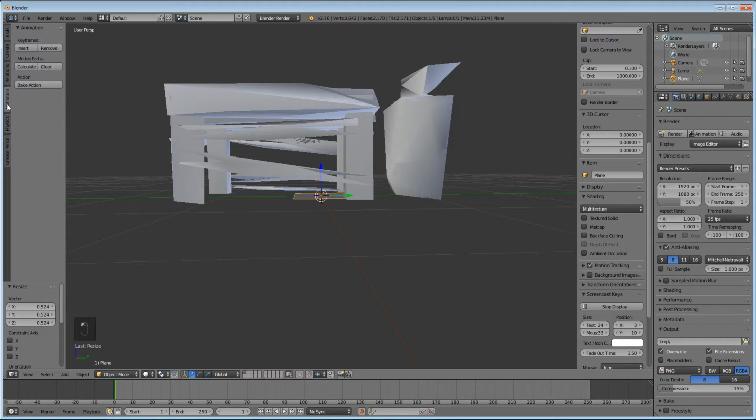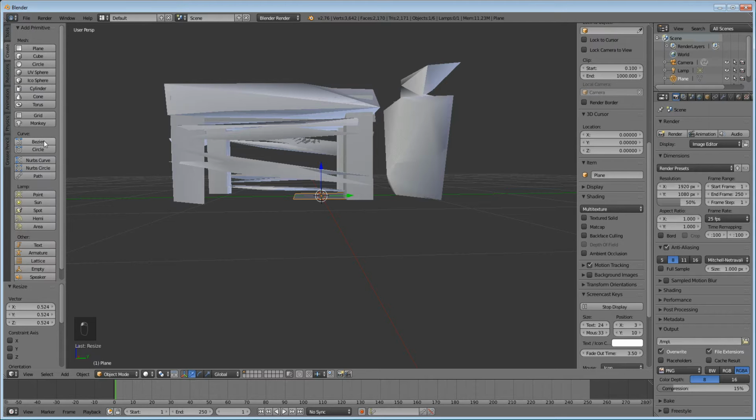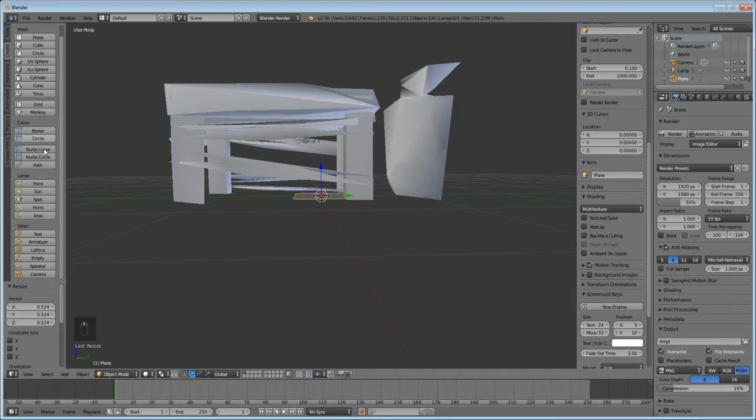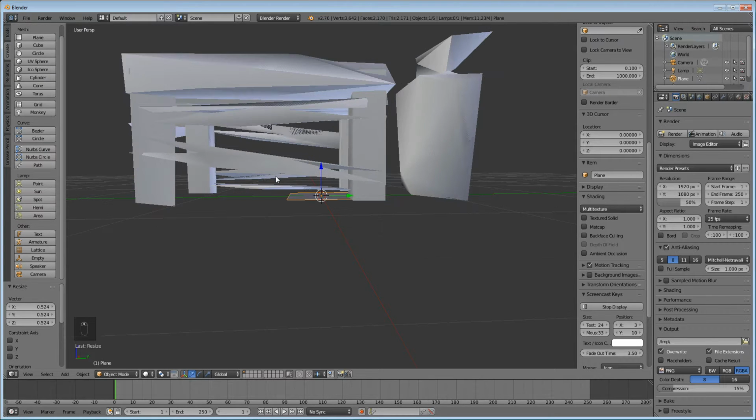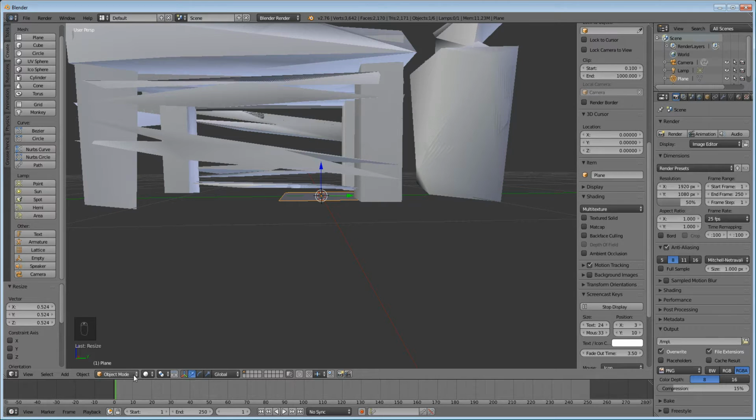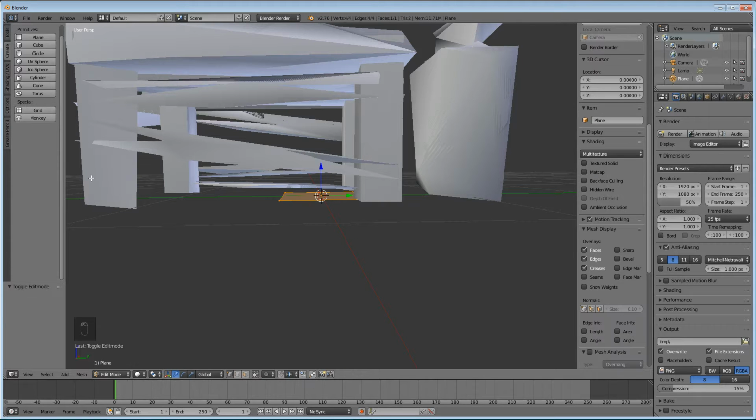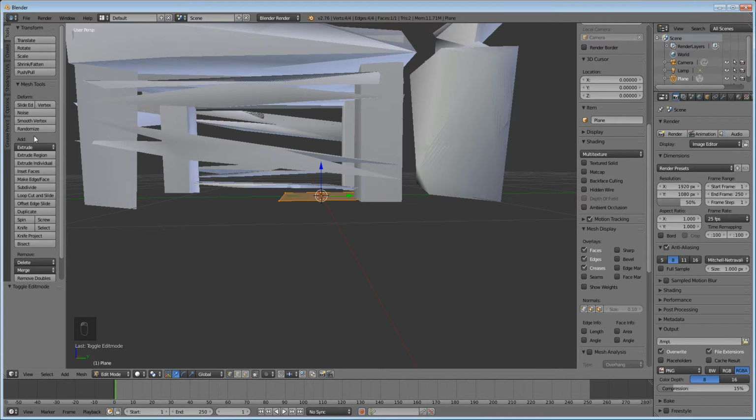Trying to think of the other. I'm going to be using extrude here pretty soon, which I think I have to be in edit mode right here to do it. As you see, a lot of these tools will change. Yeah, extrude. I'll just be pressing E to do it. So if you wanted to press this, you could press that and then